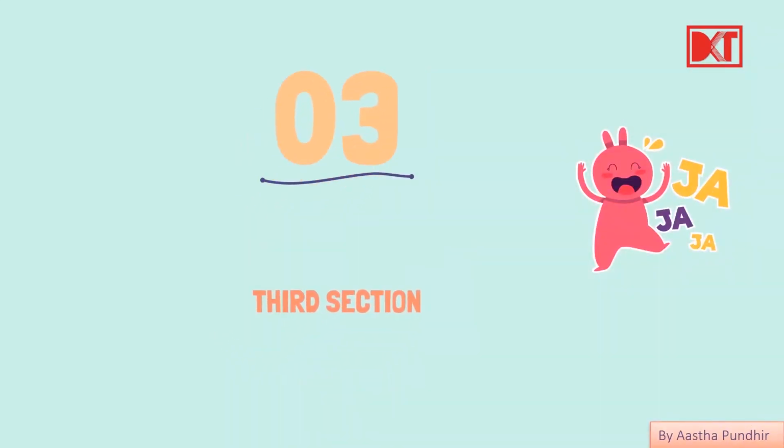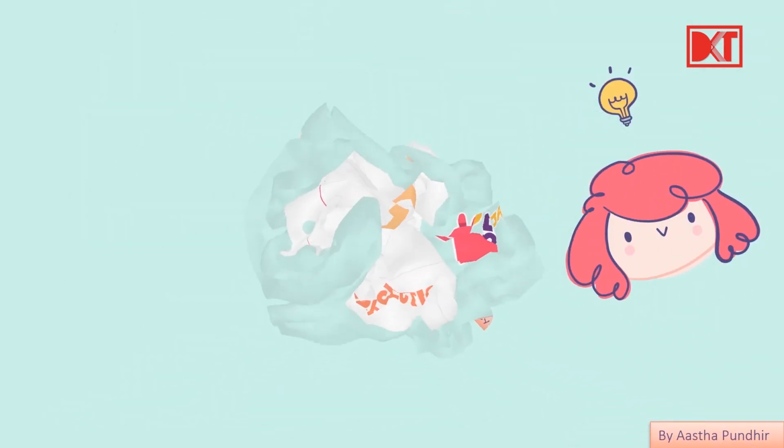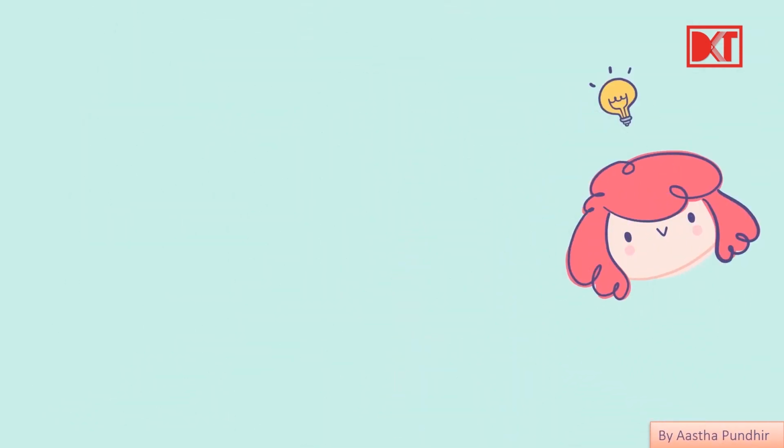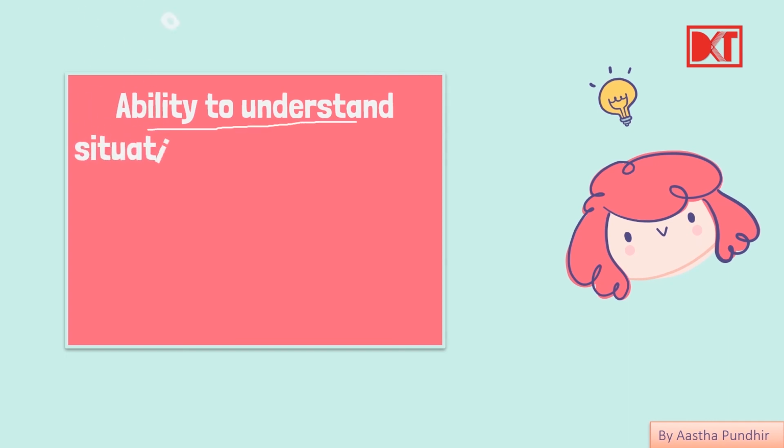Now we come to the third section. First one is about the broad grammar topics. The second one is about the reading comprehension basically. So let's see what the third section is about. Alright, so now we have the third section, and the third section involves the ability to understand what